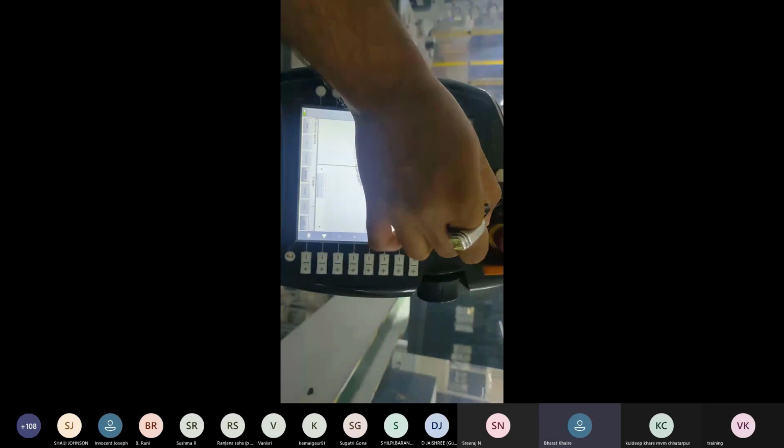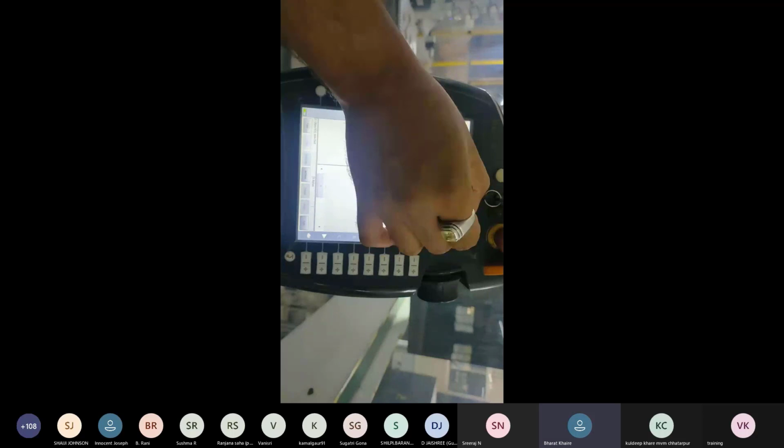I have to use the 100 mm tab. So now it is incrementally 100 mm. If I use the x-axis plus or minus, after 100 mm, the robot will stop automatically.